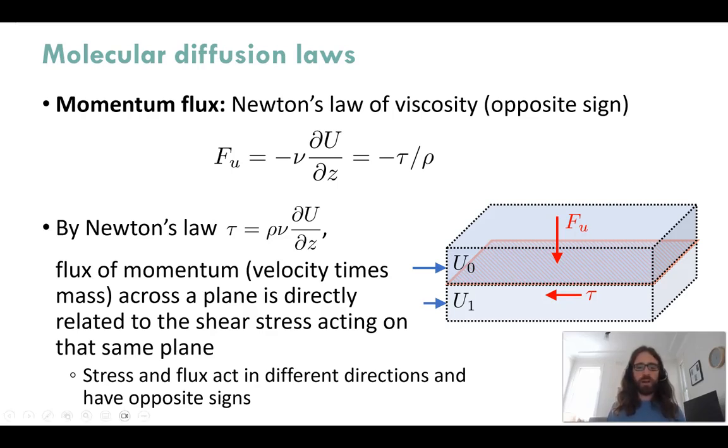So Newton's law gives us that if you have some sort of a difference in velocity across a plane, the resistance of the flow across that plane to this difference in velocity is going to be related to the dynamic viscosity, which is the density times the kinematic viscosity. And this is acting in the direction opposite to which the flow is going. Now, at the same time, this shear stress is directly related to how fast that difference in velocity between u0 and u1 is disappearing due to the movement of momentum from region 0 to region 1. And so even though they're in opposite directions, you can get a clean mathematical connection between this flow resistance and how fast the flow momentum is moving